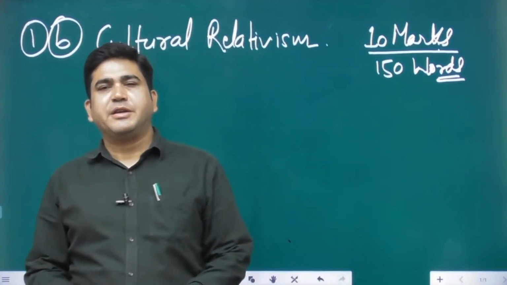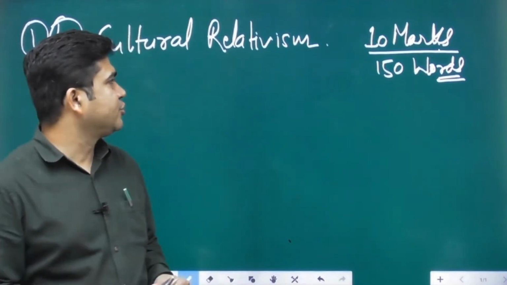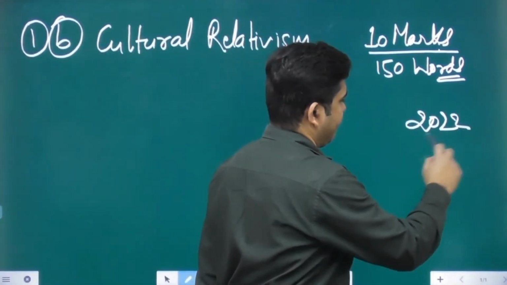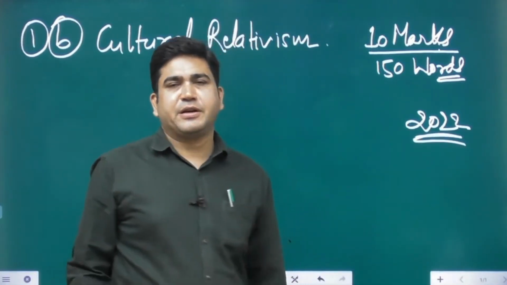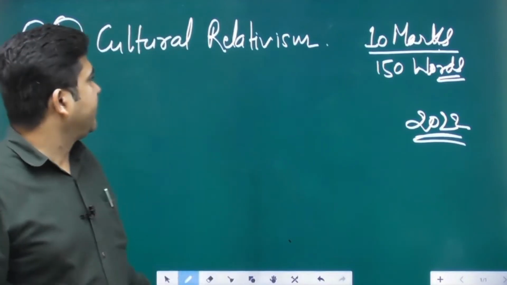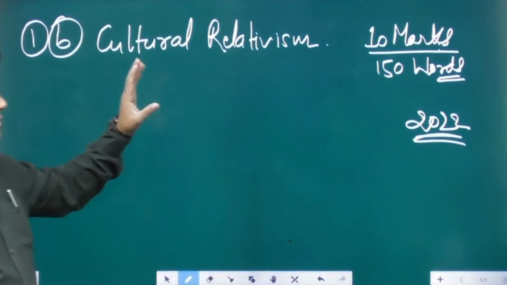Continuing in our series, today we are going to discuss another question which was asked in 2022, Political Science and International Relations, paper 1, mains. In paper 1 there was a question, question 1B, which was asked for 10 marks,